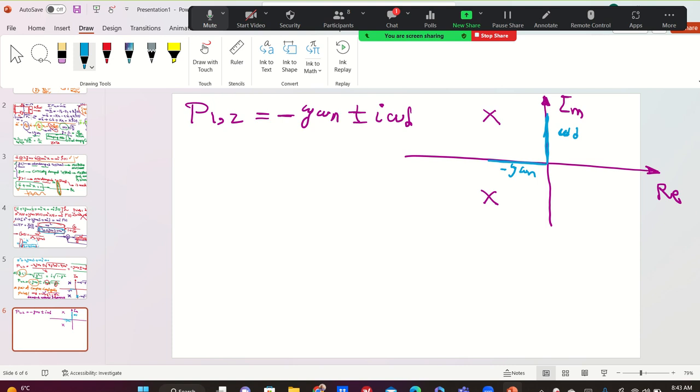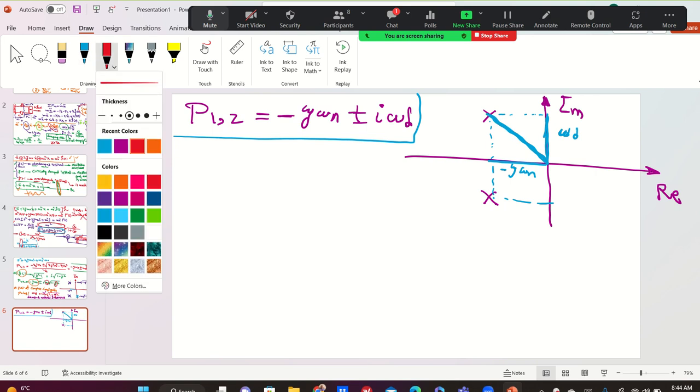So these are poles of the system when the system is underdamped. Now if I connect these guys as is, a pair of complex conjugate poles, if I connect this to the origin, here, the origin. Can I do that? Yes, because I'm a professor. And then, if I want to find this